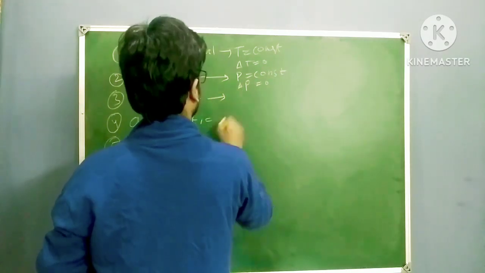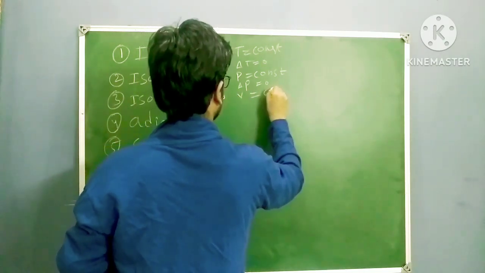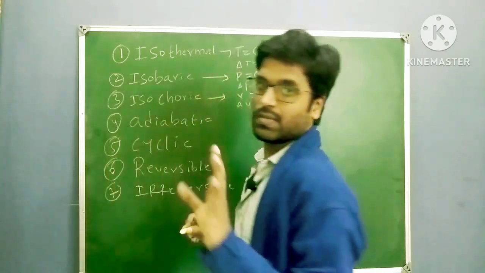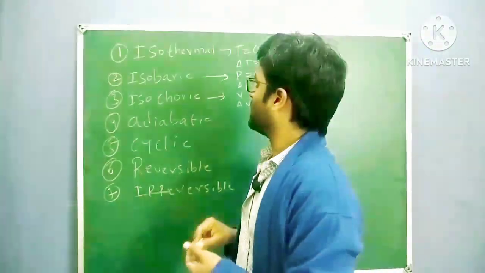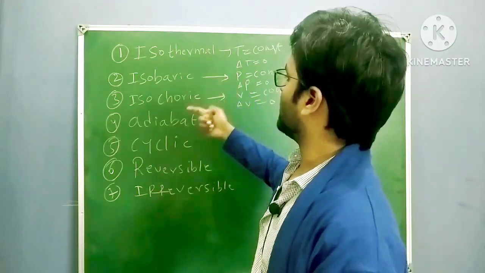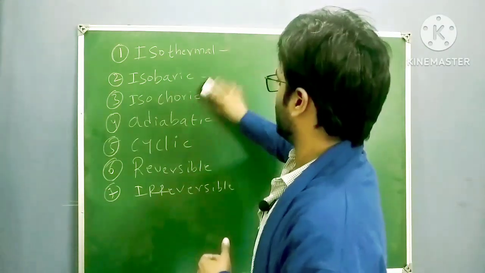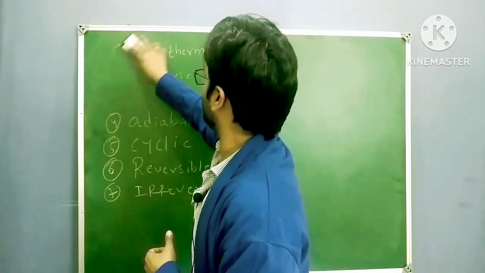In an isochoric process, volume is constant, delta V equals 0. Clear? Okay. Now isothermal, isobaric, isochoric, these three are completed. Okay. Now if you observe